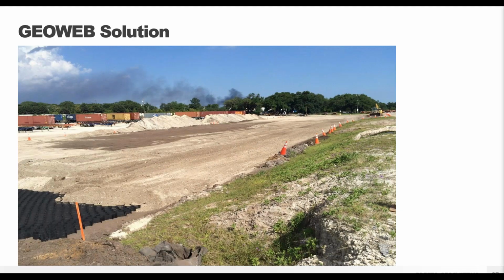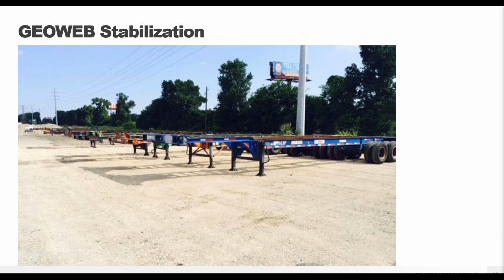So we worked with the engineer for this project to come up with a solution consisting of the 8-inch deep GeoWeb panels to support the loading. So that GeoWeb system confines that material, controls shearing along both lateral and vertical movement to eliminate that rutting and reduce all of that constant daily maintenance. And then here you can see the final solution with the GeoWeb system supporting the load. The GeoWeb layer confines the infill, giving it strength and essentially eliminating that potential for rutting.